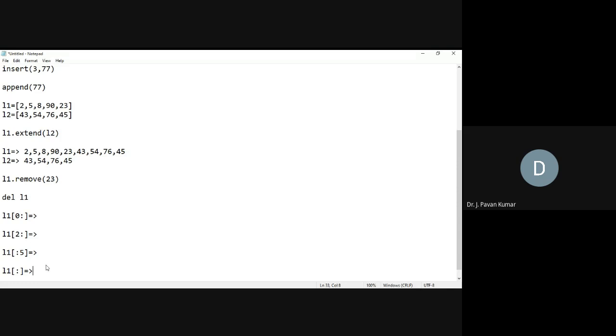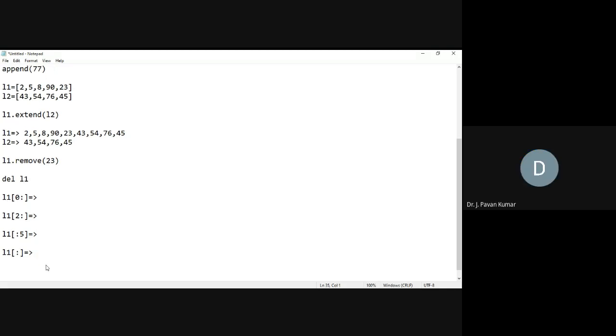Tentatively, you can guess what the operation will be. Sir, either it won't work, or it will print from 0 to the last one. So that you check out.